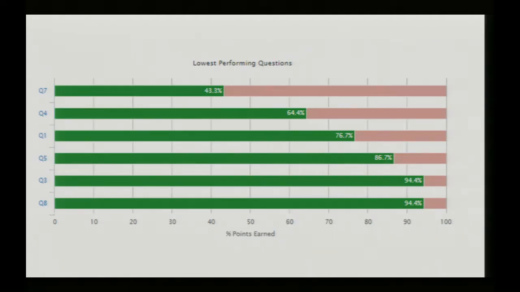This is also part of the Illuminate data that we get. Along with the bird's eye view of the performance levels, we can hone in on all the specific questions. On this chart, if I was a teacher looking at this, I would see that question 8 was a great question for my students. 94.4% of them mastered that question, so I can look at that question and think about what instructional implications contributed to that success, whereas on question 7, we're only at 43.3% mastery. So I can go back and think about what I might need to do in order to help those students